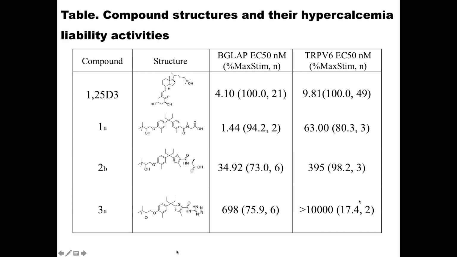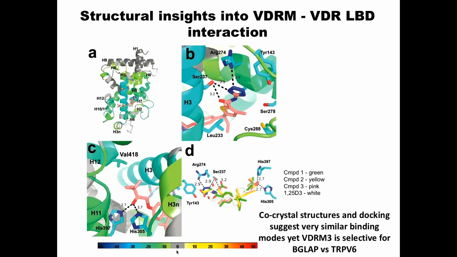So we're using deuterium exchange in combination with crystal structures to perturb what the protein dynamic changes are upon binding to these compounds. However, in our ligand binding domain crystal structures, we try to line up all these 3 compounds and do in silico docking. And what we found is that all the structural orientations within the ligand binding pockets are very, very similar. And however, we do know there are a bunch of different protein HDX perturbations going on within this